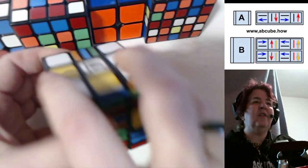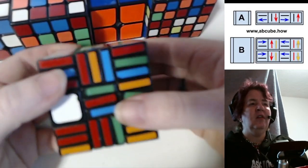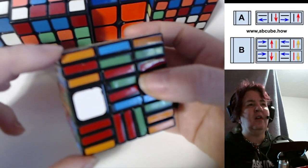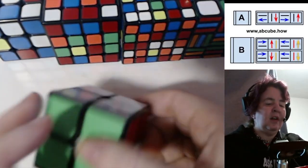We are done. Okay, the first 4 corners, white's on top. Second 4 corners are correct to each other. Rotate it to line it up with the top, and these 8 corners are now correct to each other. So that means this is done. We set it aside. Huzzah! And for the rest of these,